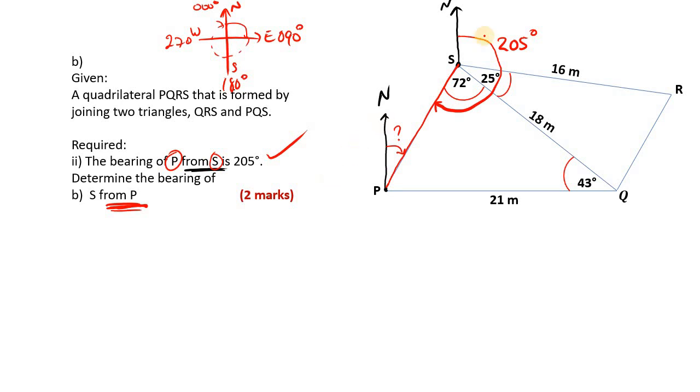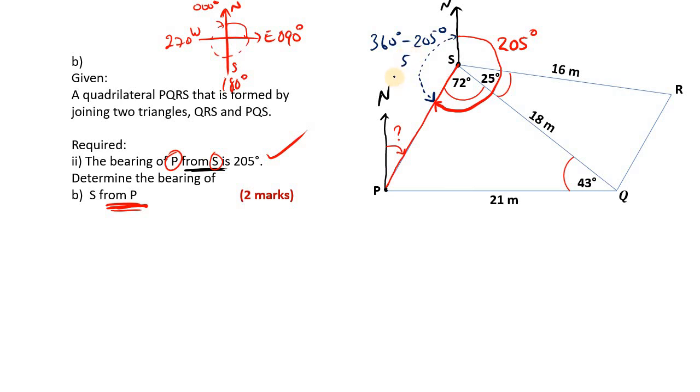Well, bear in mind that from the north line of S, going all the way around here is 205. But what if we had continued going all the way around? Then we'd have gotten 360 degrees, correct? Why? Because that would have completed a circle. Now, since this is 205, then the remaining angle right here must be 360 degrees minus 205 degrees,